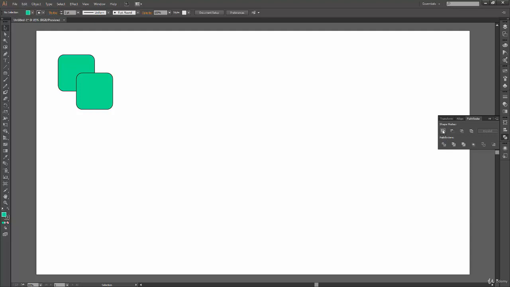To understand this option, where we press Alt and click on it, we need a duplicate shape, or we can just duplicate these two shapes over here. On one of them we will just have a normal click, and on the second one we will press Alt and then click, because it says Alt plus click. If you press Alt and click on this icon, then something else is going to happen.